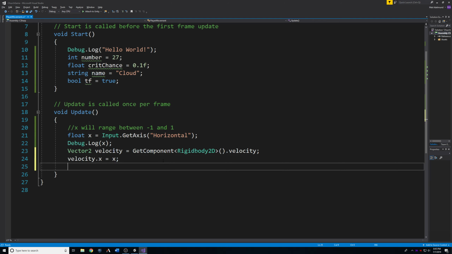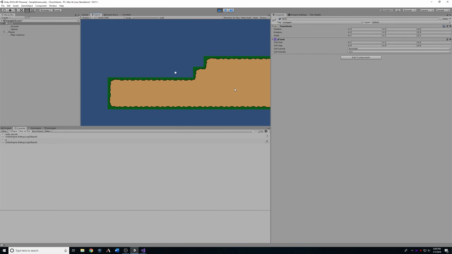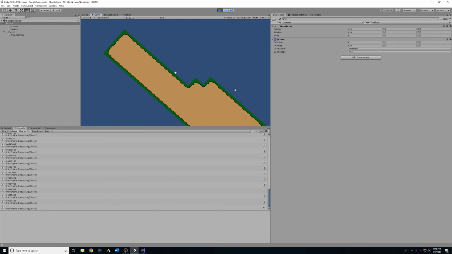Then we can just do GetComponent Rigidbody2D dot velocity equals our local velocity, that copy that we made. So we went out, made a copy of it, changed it, then sent it back. Simple enough. We can press Control S to save that, switch back to Unity, push play, and we should, well,